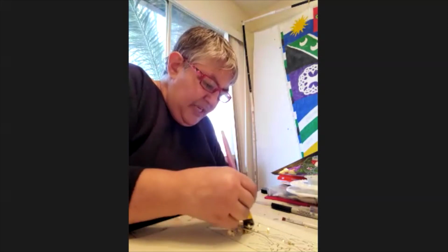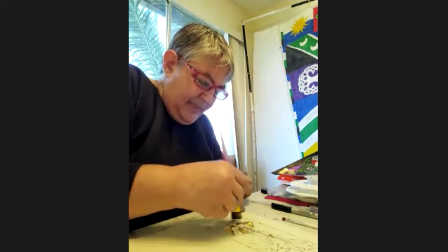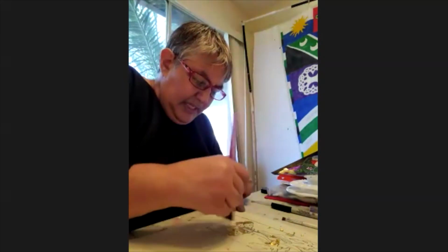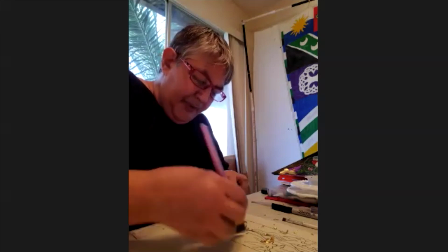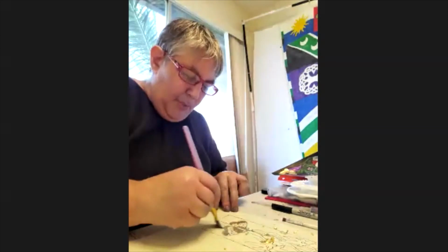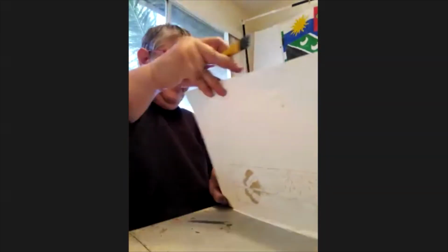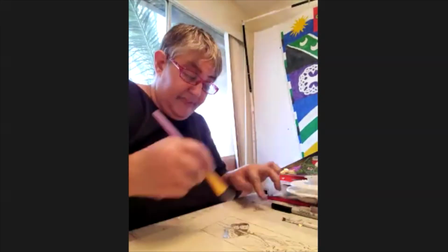People say you don't need to do 2 coats of gold. I like to, just because I think it gives you a better gold, a fancier gold. Well, and it's a little thicker. I think it's a little brighter. And your recipient is going to look at it and go, oh, "You gold leaf for me?" It makes them feel very special, I find, to get a scroll with gold leaf on it, whether it's metal